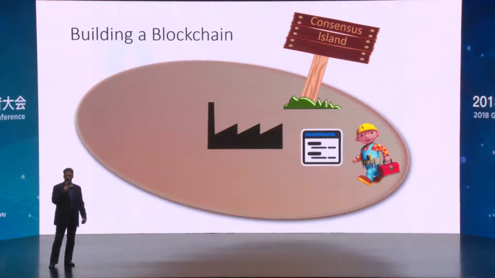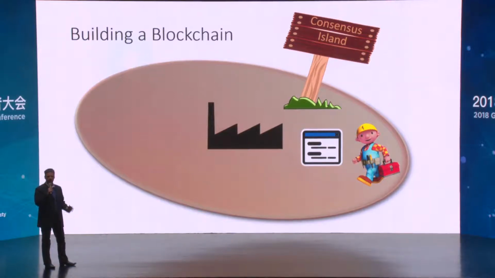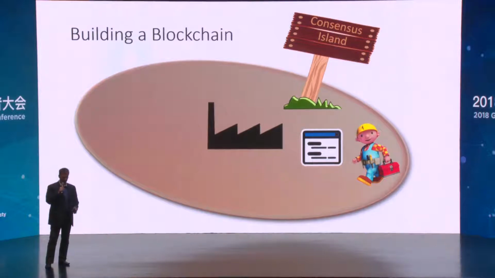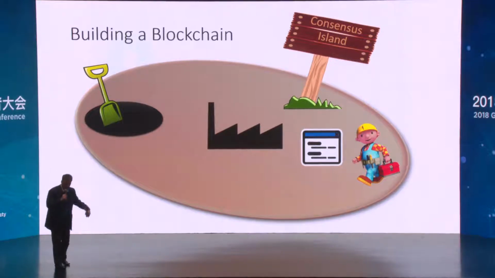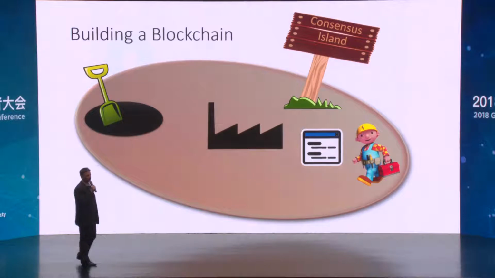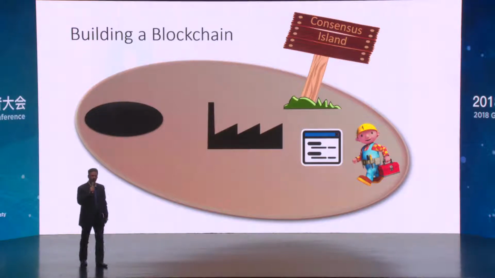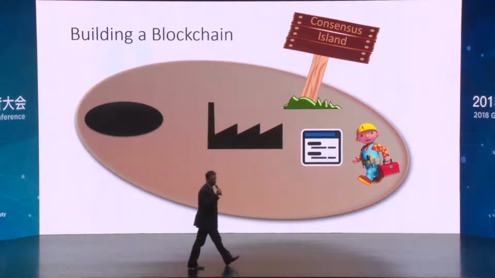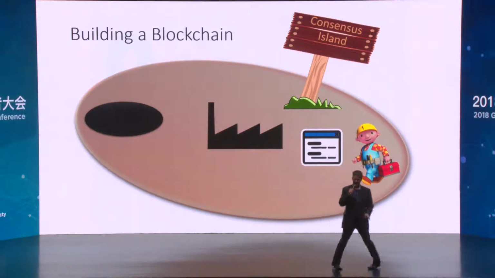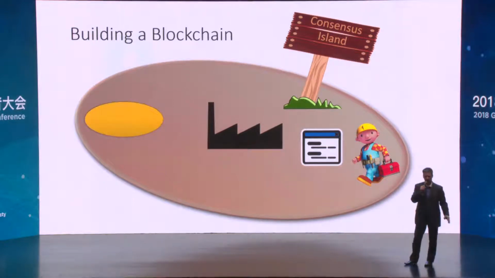The first thing we're going to do is start to write some code. We've got a couple of really important parameters that we need to configure first. The first one is the total number of tokens that can be issued on Consensus Island, and we're going to represent that with a hole in the island. We're going to get a shovel and dig a hole to contain all of the possible tokens that are ever going to be issued on our blockchain. Once we've done that, we're going to take that shovel and throw it off of the island, and tell our code that a shovel can never exist on this island ever again. This hole is fixed: the total number of tokens ever. We're going to fill up that hole with all of the tokens that are ever going to be available.